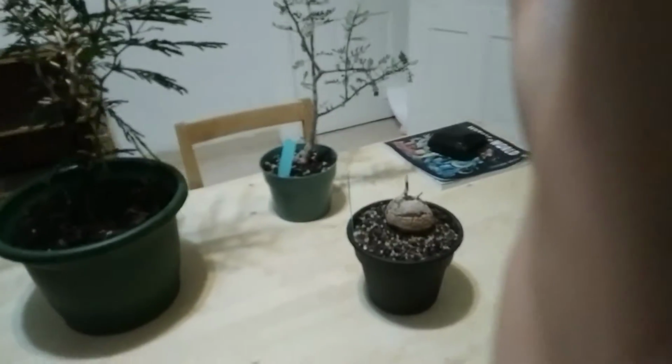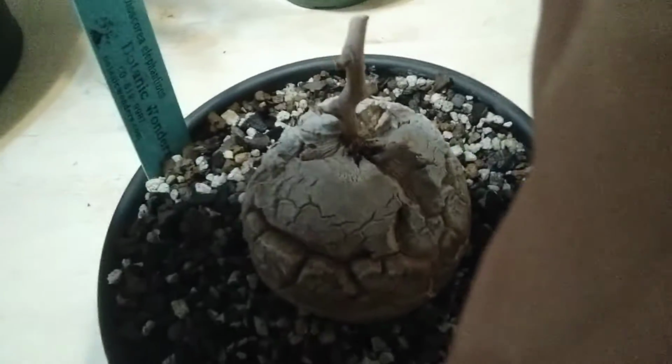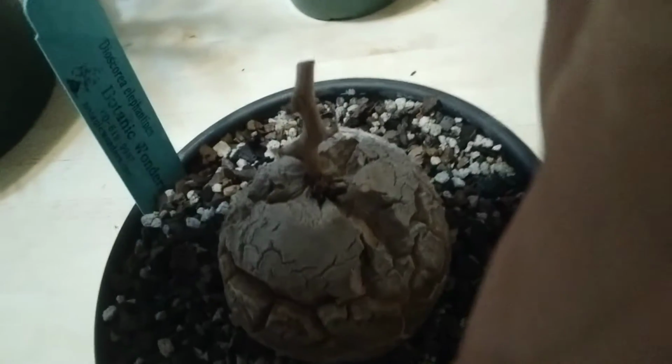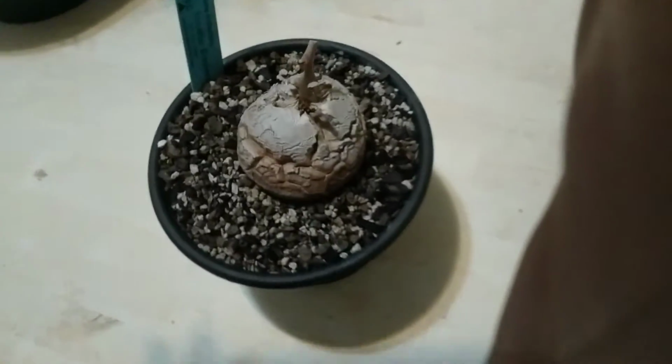I have three plants here. I have an Elephantipes, Dioscorea elephantipes, from Botanic Wonders. Now, Dioscorea elephantipes is native to sub-Saharan Africa, and this is dormant right now, but it should grow with a